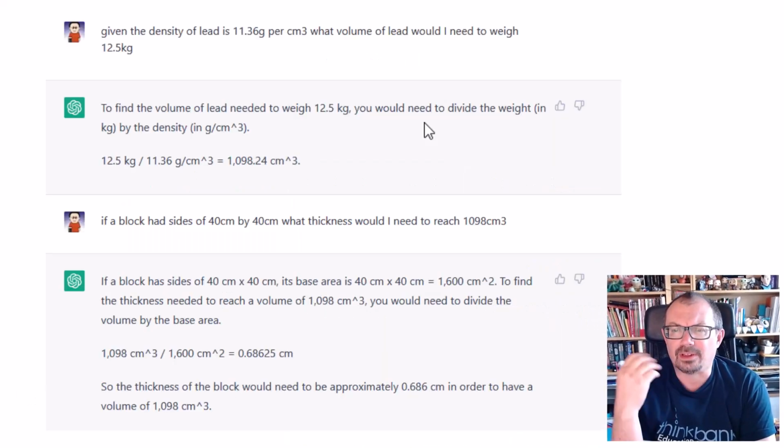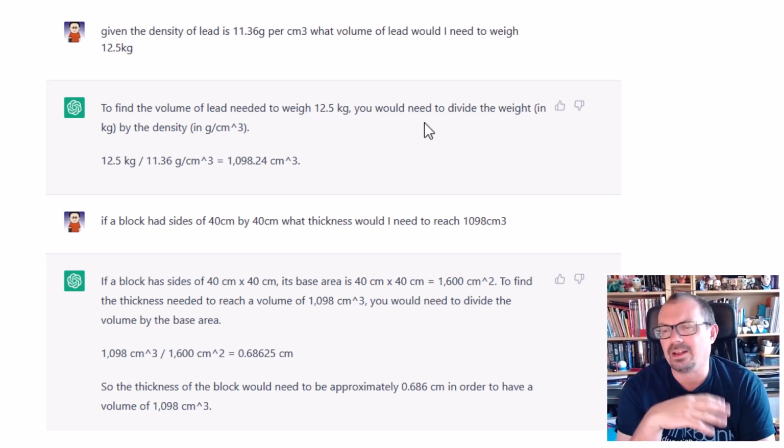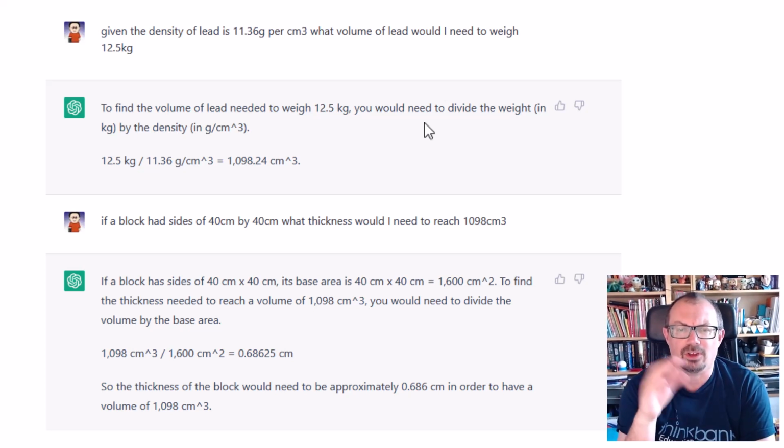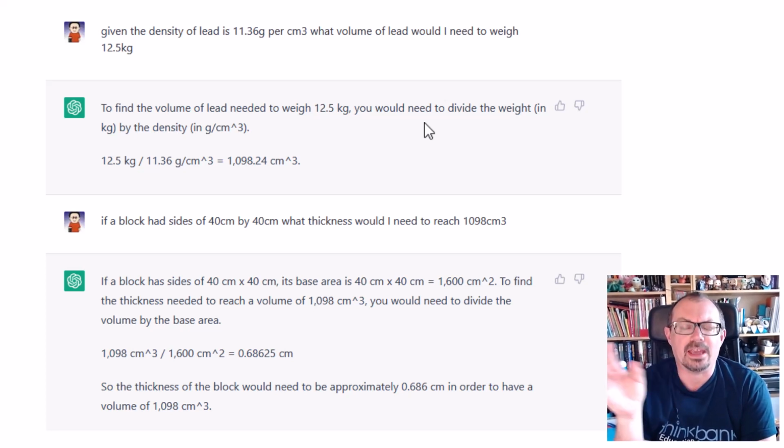So I started off with things like just real world problems. I had a friend with a light aircraft who wanted to get some ballast on the plane, and he gave me a problem. Basically, he looked for some lead that would be able to weigh down the plane, and he knew how dense lead was, but you needed it to weigh a particular weight, and he gave me this question in a WhatsApp message. I tried to work it out with a calculator and a pen and a bit of paper, and I got myself in a mess because I always get messed up with things like meters cubed and centimeters cubed and the relationship between the three, and I think I worked out with my pen and paper that I needed a piece of lead about 20 meters long, which was terribly way out, and I knew it was way out, so I thought I'll just put in the exact thing he asked me into ChatGPT.